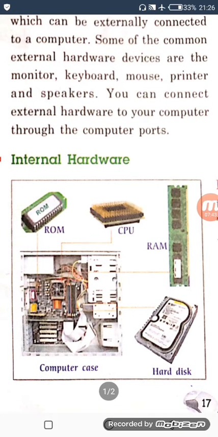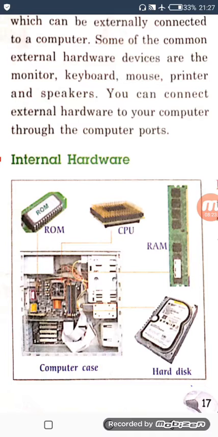We can easily touch them, we can feel them, but not all the time. Just like we can put our hand easily on the screen, but we cannot touch them all the time because they are inside the computer case. Just like ROM and RAM, we have studied about them in the previous chapter. We cannot place them externally. These are hardware, that is actual, but we have to keep them inside the computer case.